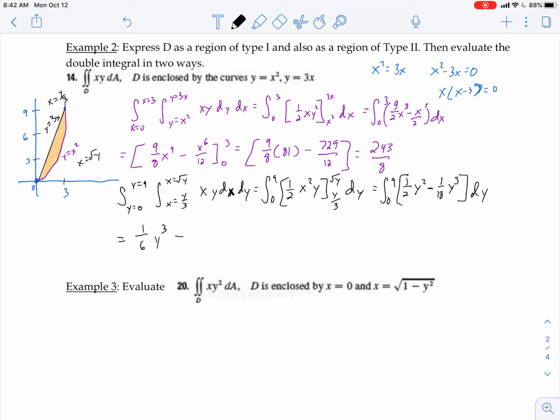times 18 is 72, y to the 4th over 72, and we're going to plug in our values 0 to 9. Let me make sure that you see that's a 4. And so we get 1/6 times 729